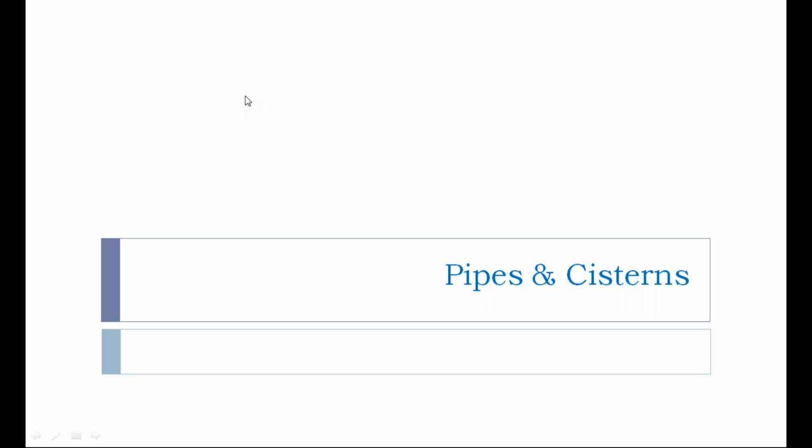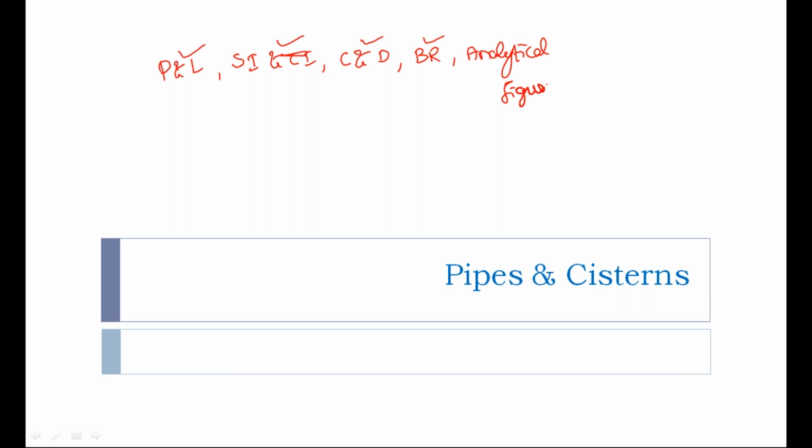So guys, once again I'm repeating what are the things done. Profit and loss is completed. For this Friday exam, these all are available. Simple interest and compound interest is also there. Coding and decoding we discussed. Blood relations we discussed. Analytical reasoning, analytical figures, counting figures is completed for you. Partnership concept completed,